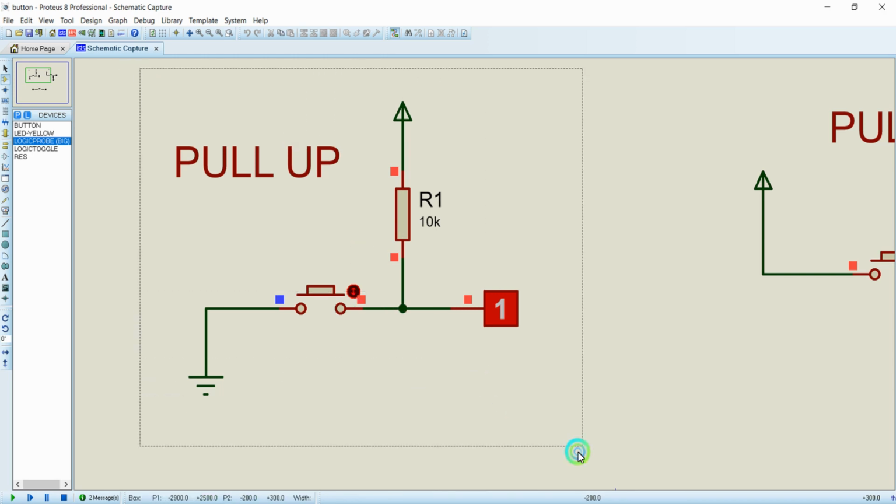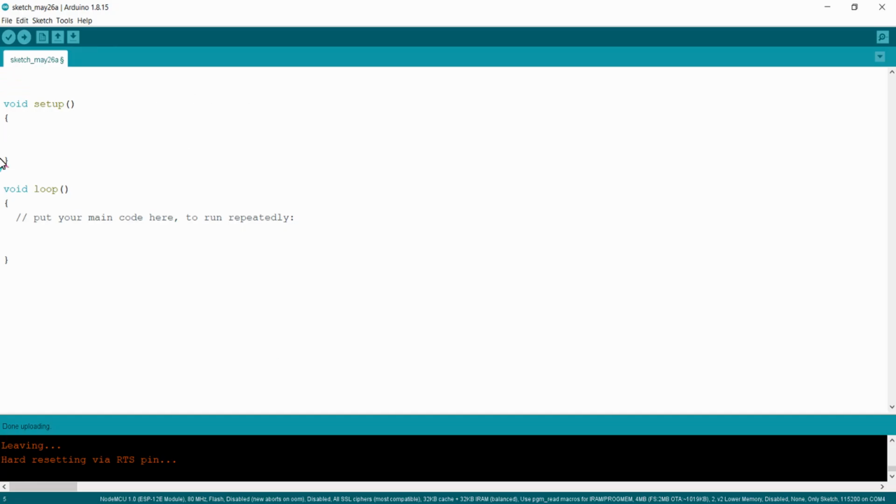So we will be using this pull up logic only for interfacing this button, and let's try to write a program for interfacing this push button with our NodeMCU. I'm opening the Arduino IDE. I'm just going to use the same pinMode function for configuring the pins as inputs and outputs. So inside the void setup, I'm going to configure D1 as the output, to which we connected and demonstrated the LED in the last lecture, right? I'm going to use the same LED that I connected in the previous lecture, LED pin as output.